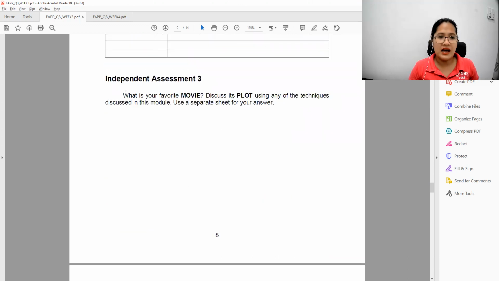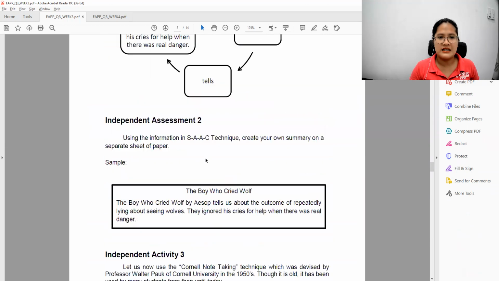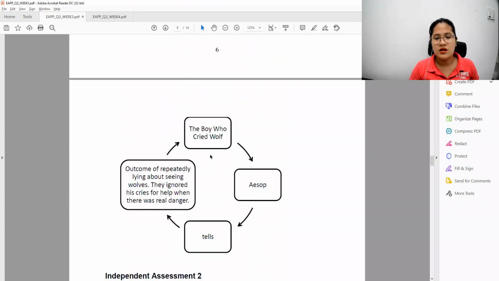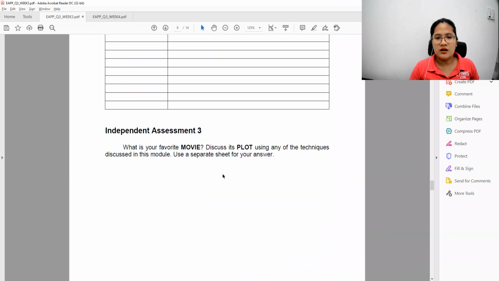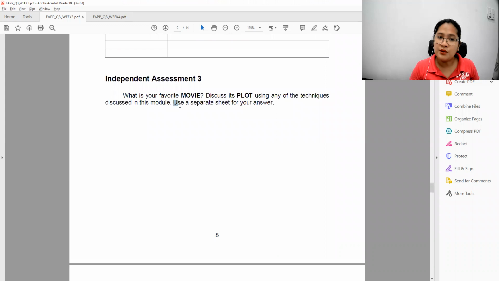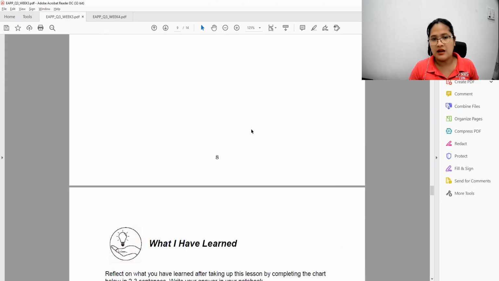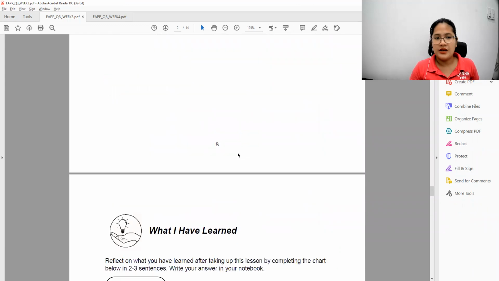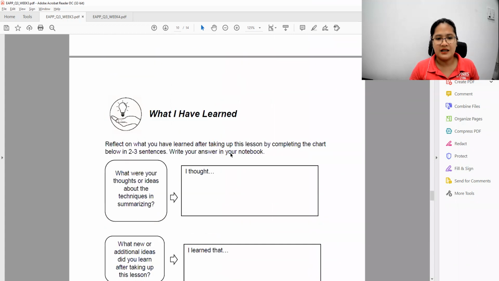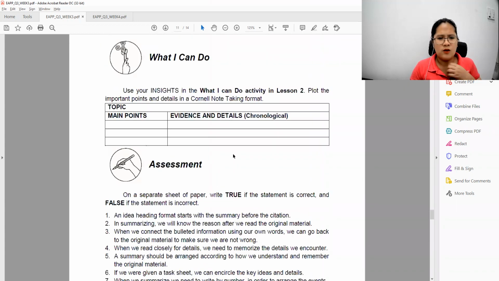Okay, so for your task, this is part of your last. You indicate or select your favorite movie, and then in that movie you have to discuss the plot. Then you use any of these techniques. Okay, you have lots of techniques to use, and you come up with a good summary. And I would know if you just copied sa Wikipedia or elsewhere. Okay, so make sure that that's your original. So there, I hope you've learned